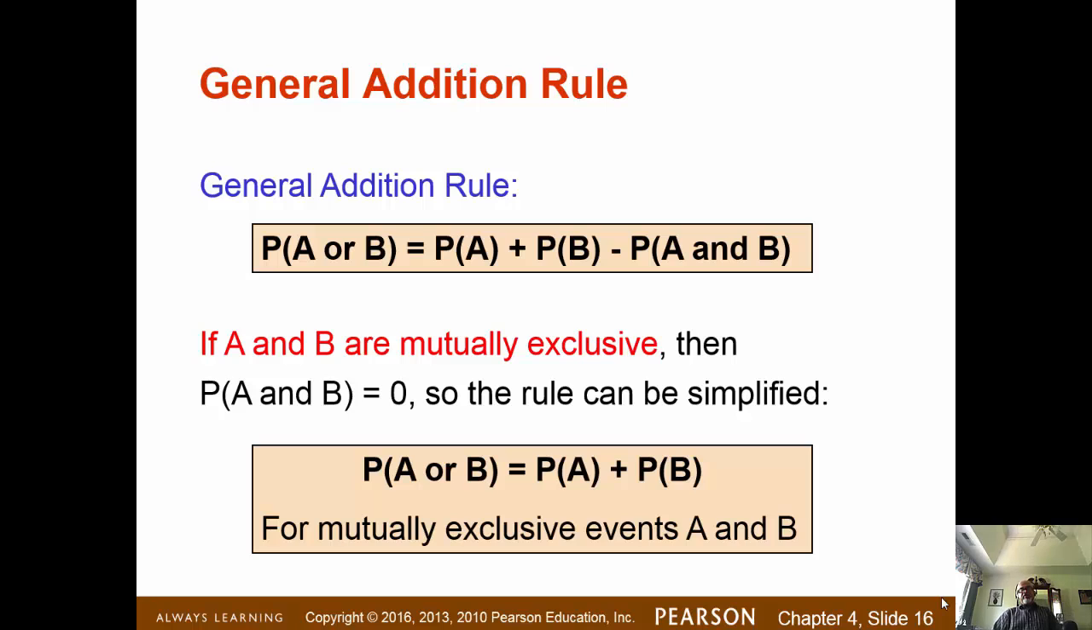When you have an either-or event like A or B, we can use what is called the general addition rule to compute the probability. That probability is given by the probability of A plus the probability of B minus the joint probability of A and B. Why is that? Let's look at